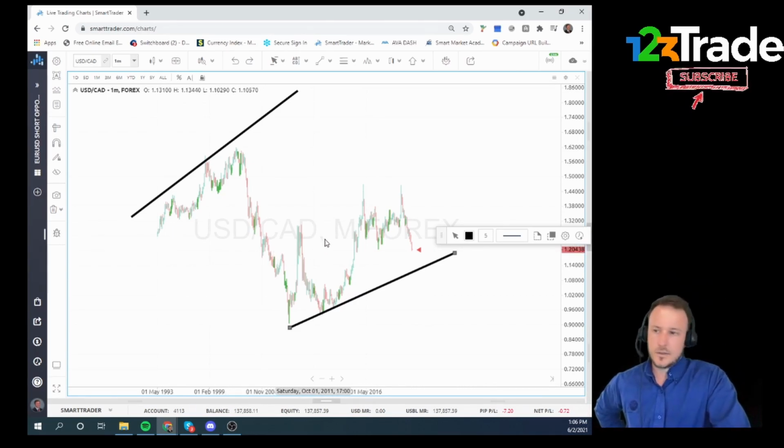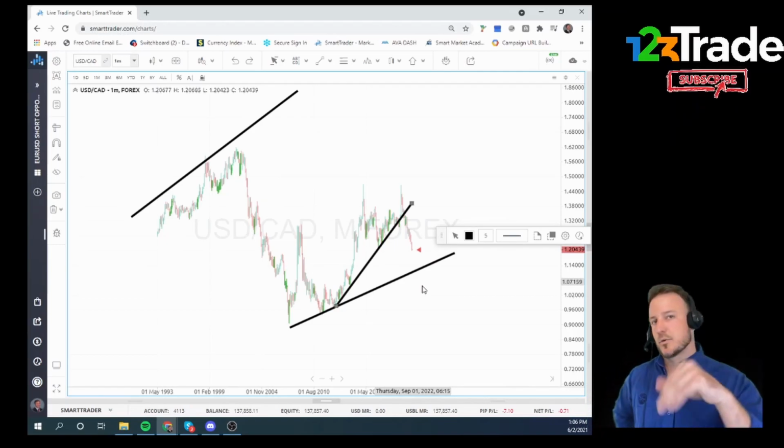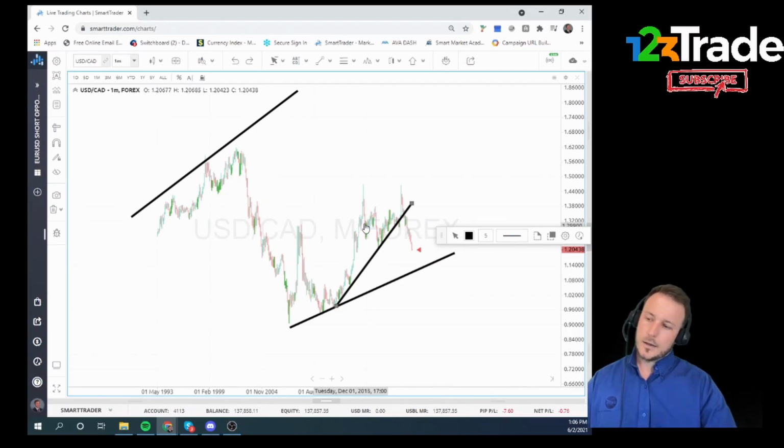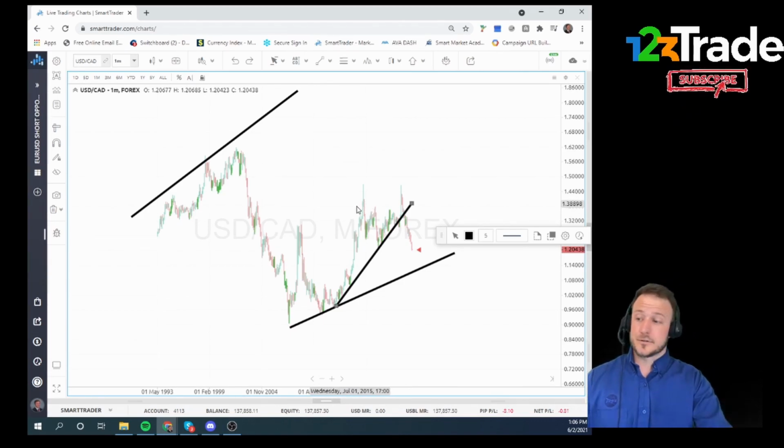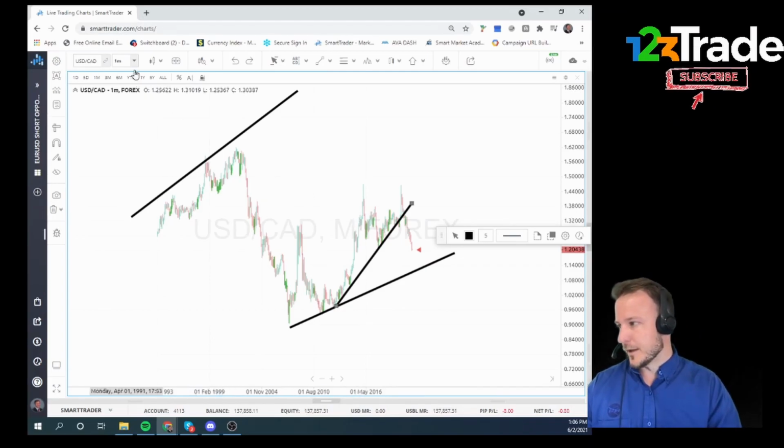We don't really have anything that we can trade off of right now. We do have an inner trend line that formed here for quite some years, and that broke recently. So we're kind of headed towards our outer trend line, and it seems like we're in a pretty serious downtrend. The funny part about this one is that the majority of retail traders are buying this right now, which I feel for them, but at the same token,